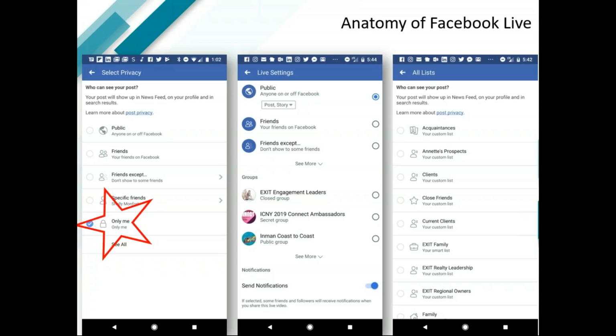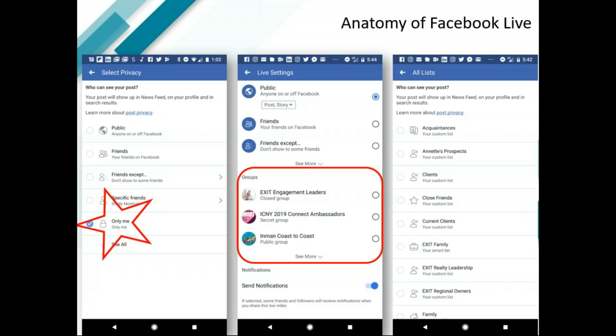So let's continue to dive a little deeper. Under the only me button is see more. Easily, what you can do is go live with custom groups and lists. This is really important because if you've taken the time to create a group or a list and you want to broadcast a special message just to them in real time, you're going to be able to do that. And you can have a real conversation with your specific groups or your list. Remember, posts are good, right? But to a group or a list, sharing an image is better. But when you're actually doing video where it's live and you're engaging, that's absolute king right there.